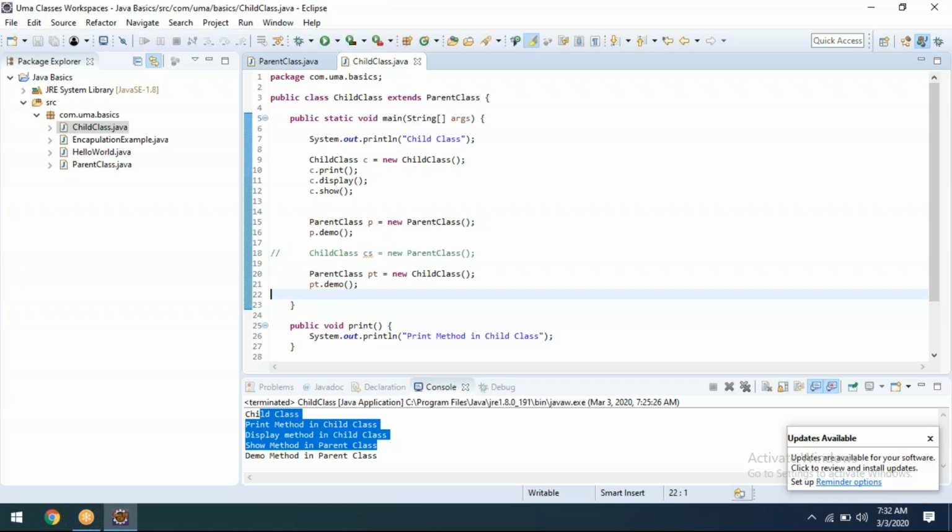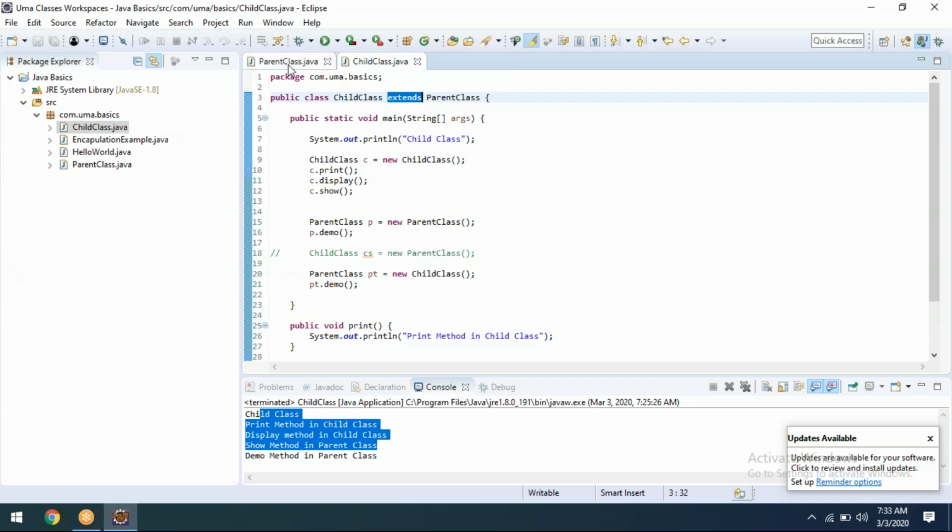Based on extends: the left side is child, the right side is always parent. Before making this connection, these two classes are independent classes. We are able to run them independently or individually.